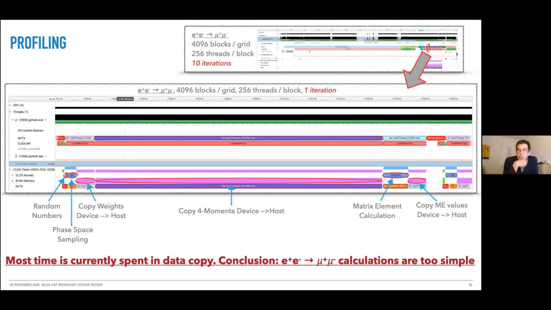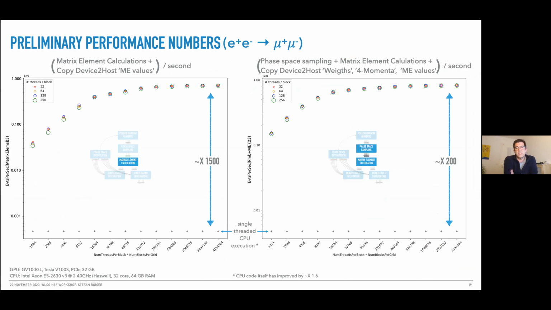And then at the end, we're copying also the matrix element values. As the physics process was very simple, I think the conclusion that we had is that this is much too simple, and we have to go to more complex processes. Now, still with this e+ e- to mu+ mu- example, if you look